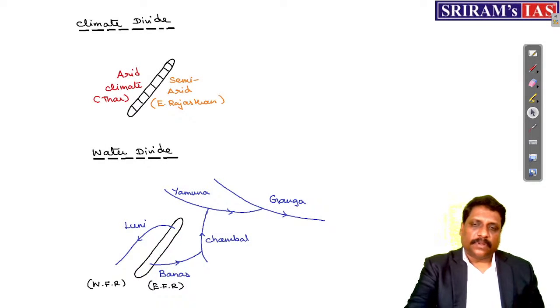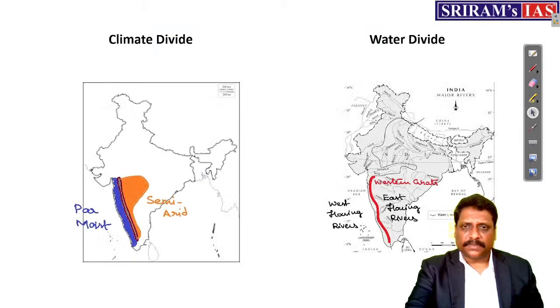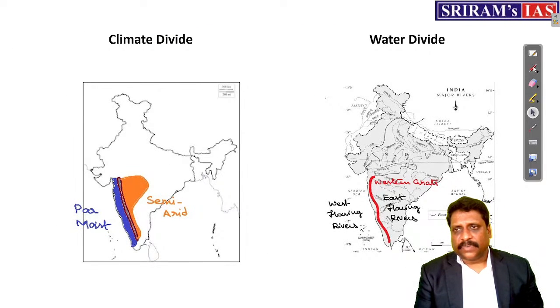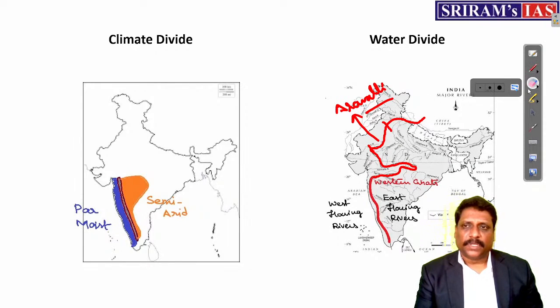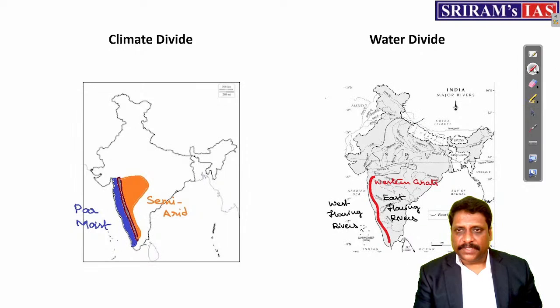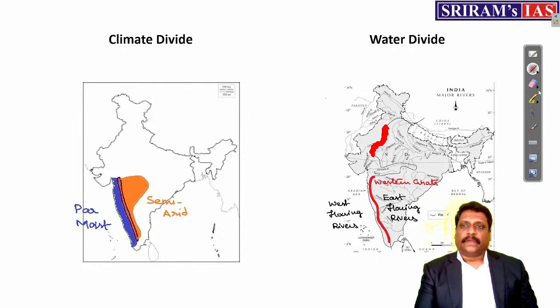See, one image I have taken earlier, here also you can find it, right? Somewhere, the thin line. This thin line is the one which is separating the east flowing rivers and west flowing rivers in India. And you'll be finding that this thin line exactly overlaps over Western Ghats. This thin line exactly overlaps with what? Aravali as a mount. Right? Okay. So Aravali is also what? Somewhere you can see it. This is the place where I have the presence of Aravali. So Aravali is also what? A water divide. Okay. Right, my dear friends.